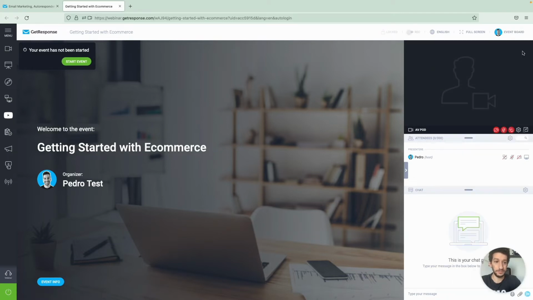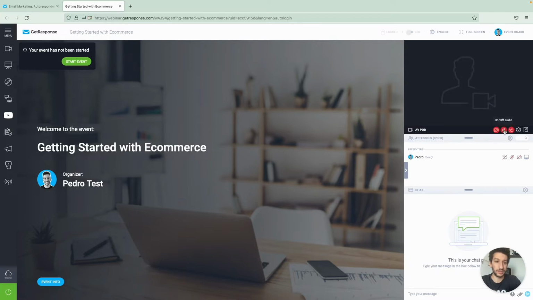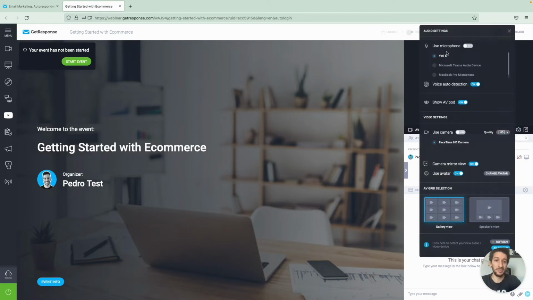And well, now let's see what you can do here on the right side. As you can see, there is the camera. As we already saw, you can turn on the microphone and screen sharing right here. Of course, when you click on screen sharing, your browser will most likely ask you for permissions as well. And here you have the settings. As you can see, microphone, voice auto detection, everything quite obvious here when you go through it. The most difficult part is to actually find the settings, and this is why we are going through them.